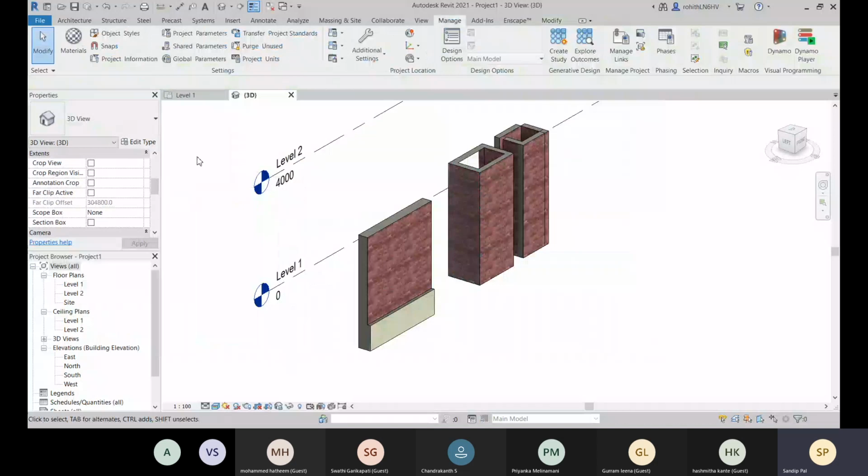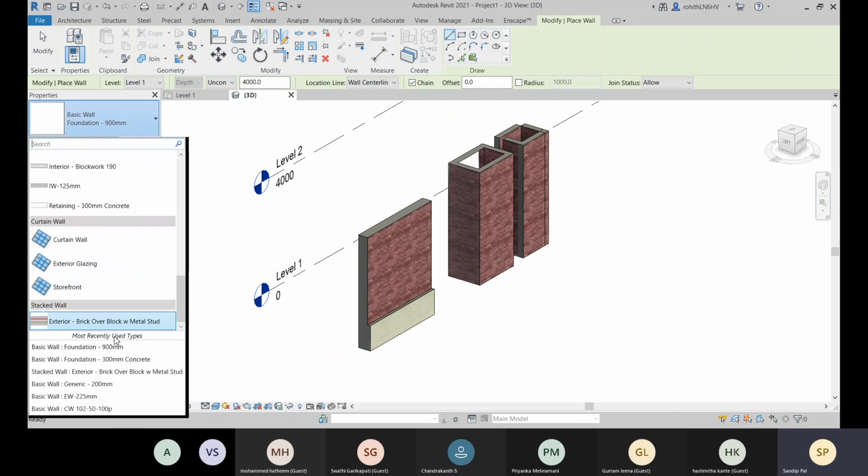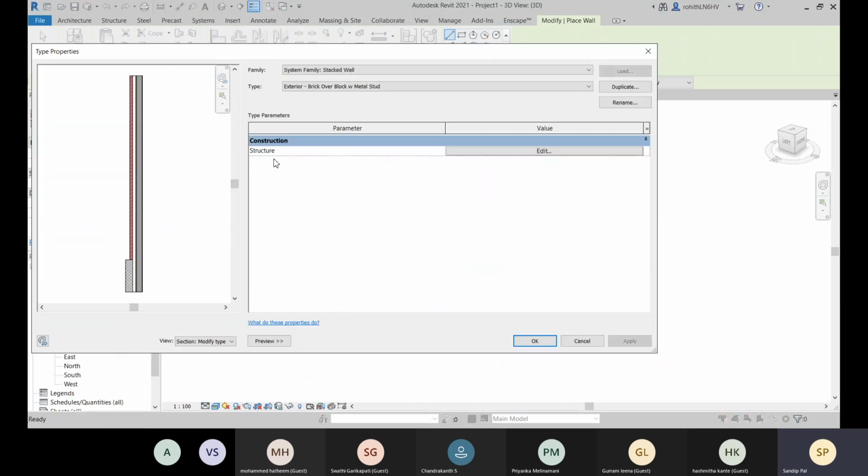Now about the stacked wall. For that, again WA, and you come to this stacked wall, come to edit type, and then you have to duplicate.